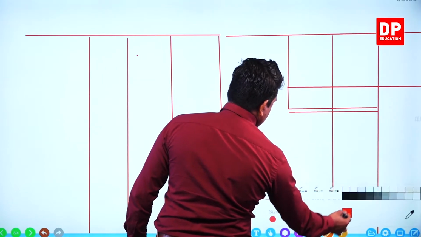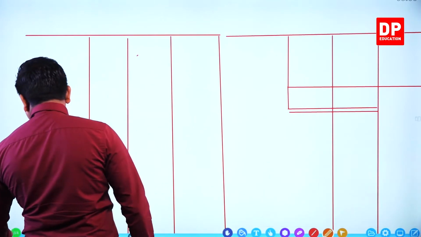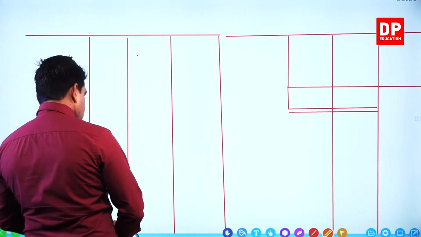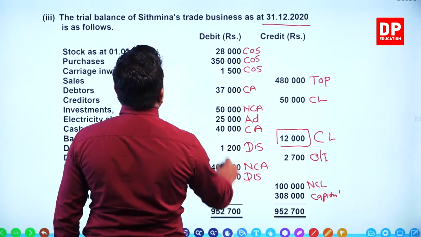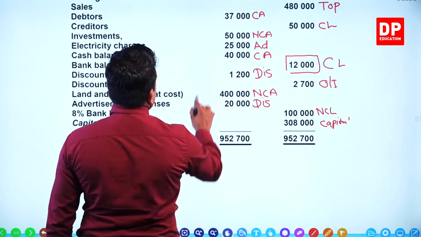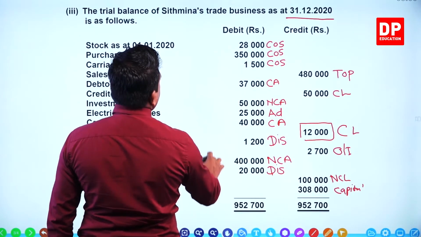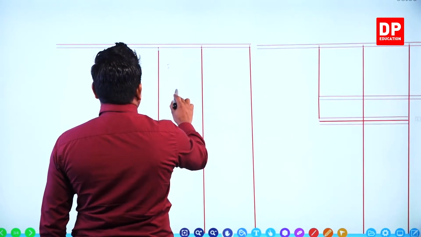Here I use the blue color. Do you remember the name of the business? On the top we write the name of the business. You can see here, Situmina's business, right? Year ends when? 31st December. Okay, you write here